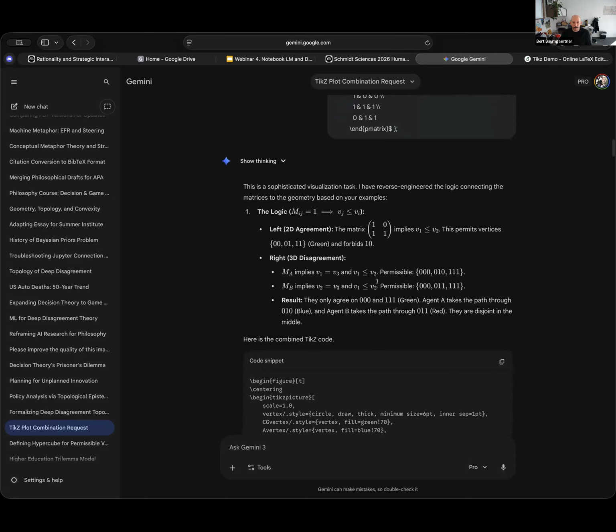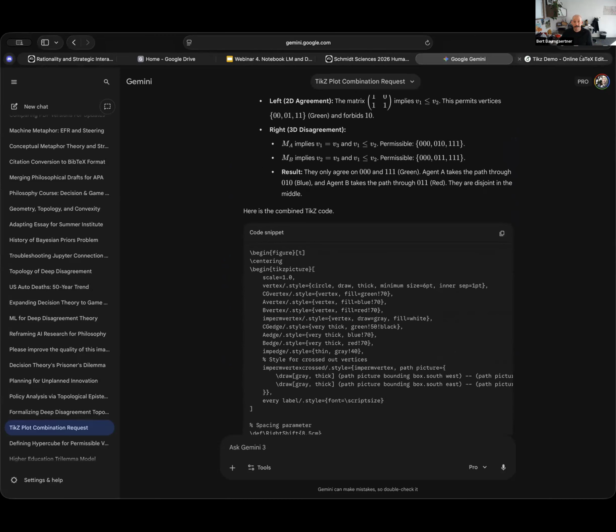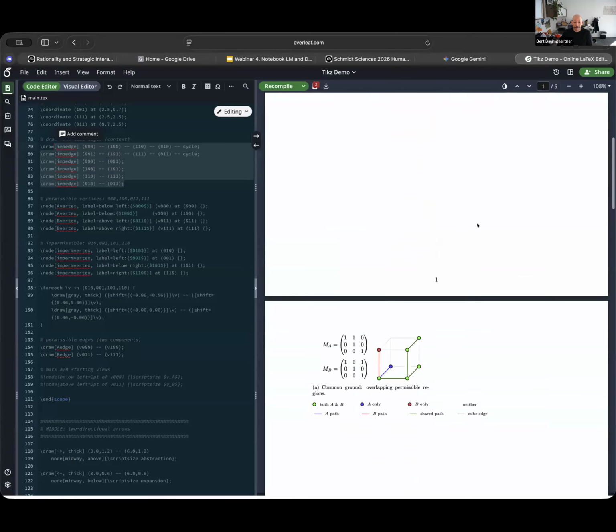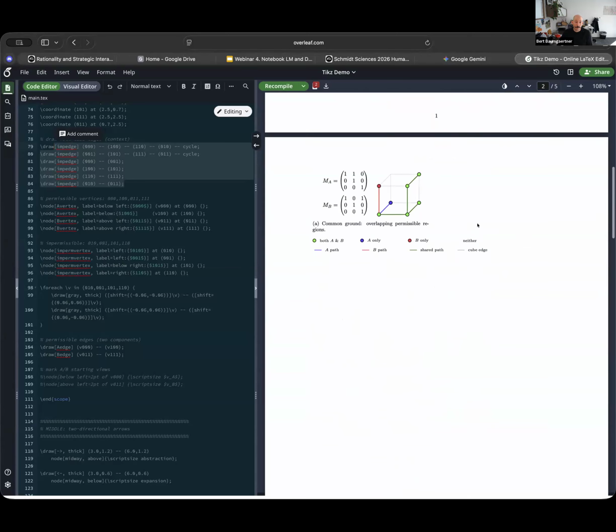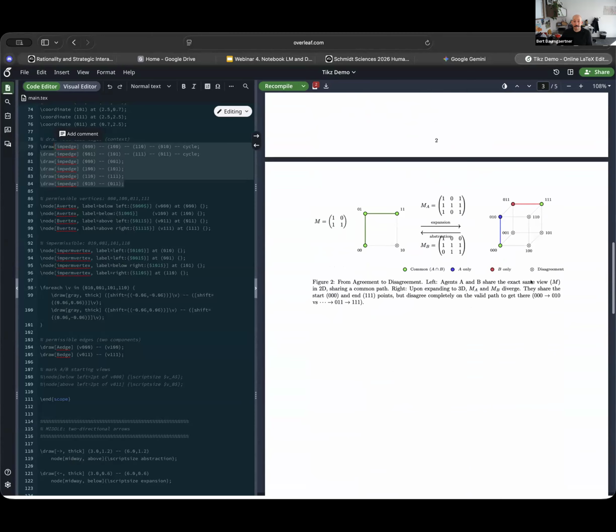It tells me what it thinks that I want. It gives me the TikZ code. And then I go over and I put it into LaTeX to generate the PDFs of it. And what I get is this kind of visualization now. And there's issues with it, right? There's these overlapping matrices over top of these arrows that I find annoying,